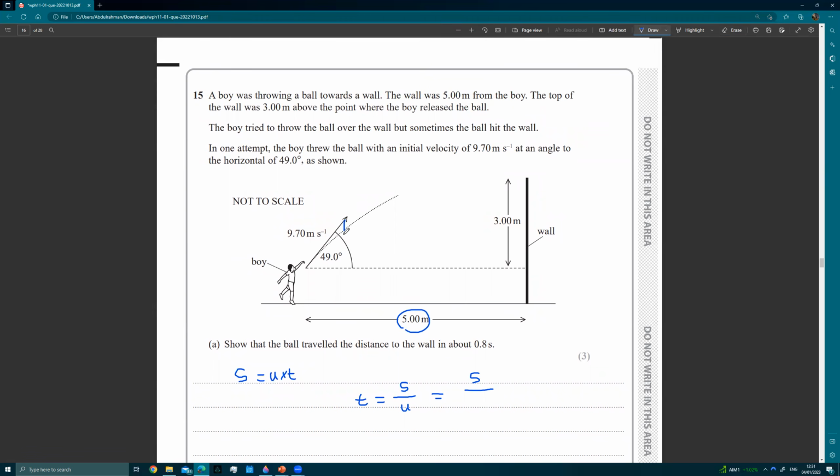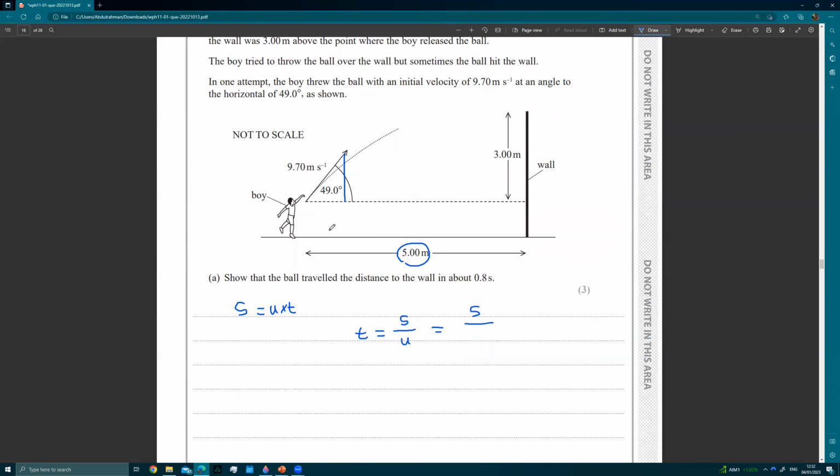vector. And I know that its resultant velocity is 9.7. But with any resultant velocity that's not horizontal or not exactly vertical, there's always going to be a horizontal and a vertical component. Why? Because it's at an angle. So we could say there's a vertical component and a horizontal component for this initial velocity. We're interested in the horizontal component. I could draw this triangle out for you. So it's a right angle triangle with an angle of 49 degrees. Okay. A hypotenuse of 9.7. You want the